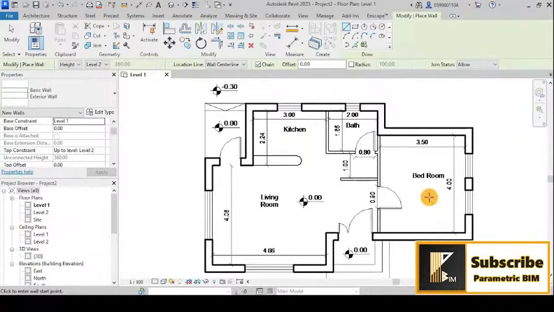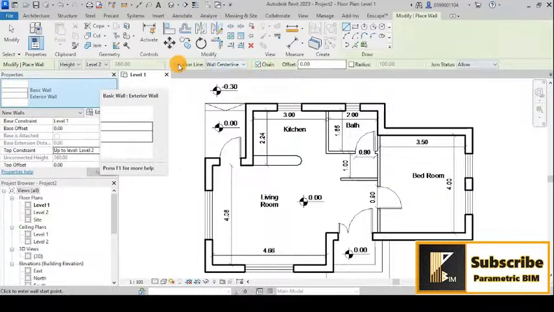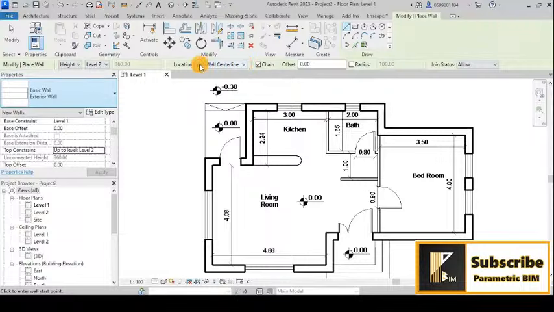But if you have other plans, such as first floor plans, you have to play with that, and you have to add levels to what you want. And also, as you see, I have here a green tab. You can control the drawing from here. For example, the location line, which is the wall center line or core center line or exterior interior. You have the opportunity to choose from these. We will talk about that in a separate video about walls,